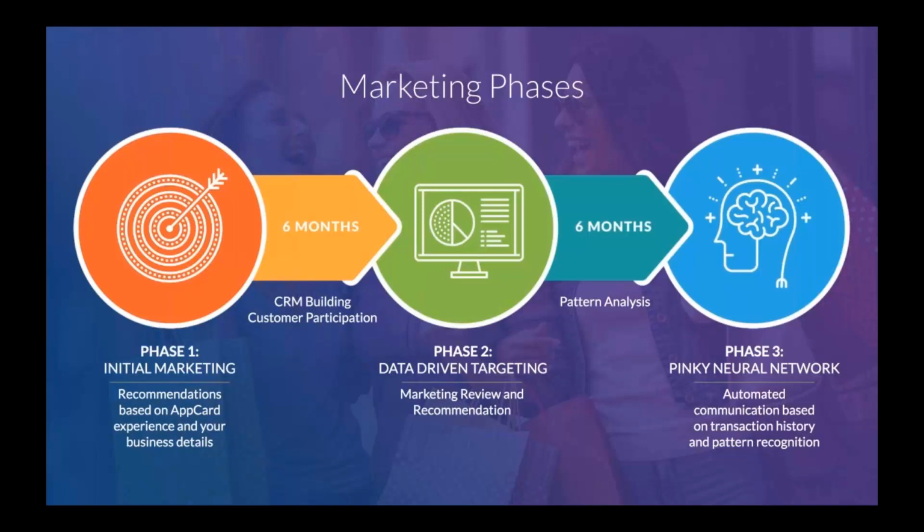The second 6 months, or the back half of the first year, is more going to be focused on pattern recognition by that AI. So at month 6, you'll actually have a large portion of your shoppers now participating in the program, and the AI can now effectively monitor the behavior for future automated communication. And it is during the second half of the year that marketing promotions need to kick into high gear, as you'll have the greatest number of participants at this stage coming out of that initial CRM building period.